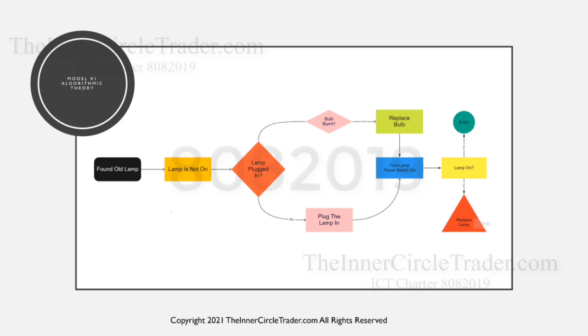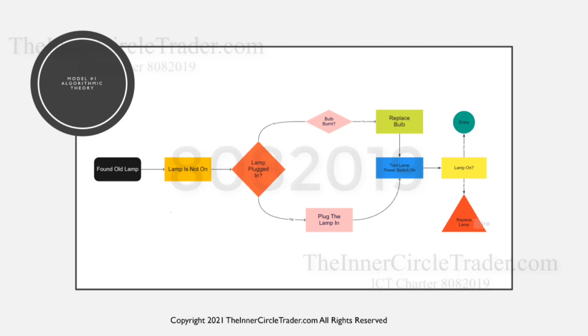This algorithm is assuming that you found an old lamp. Okay, say you're going through some boxes, someone left some things that you inherited or whatever, and you open up the box and you found an old lamp. Okay, so the lamp is not on, obviously. In this example, we're assuming that the lamp is not on. So to problem solve this, or an algorithm,